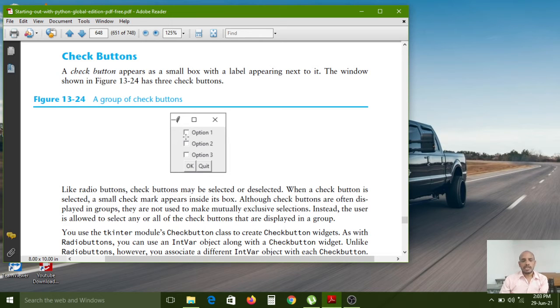If you create the checkboxes in your main window along with these labels, the checkbox is indicated with a square box. Nothing but if you click this button, internally it will give one selected tick mark. So by using checkboxes you can select more than one option. If you want to select 3 options also you can select, no problem. But in radio buttons you have to select only one option at a time. But in checkboxes, if you have any requirement, you can select all options also, no problem, right?